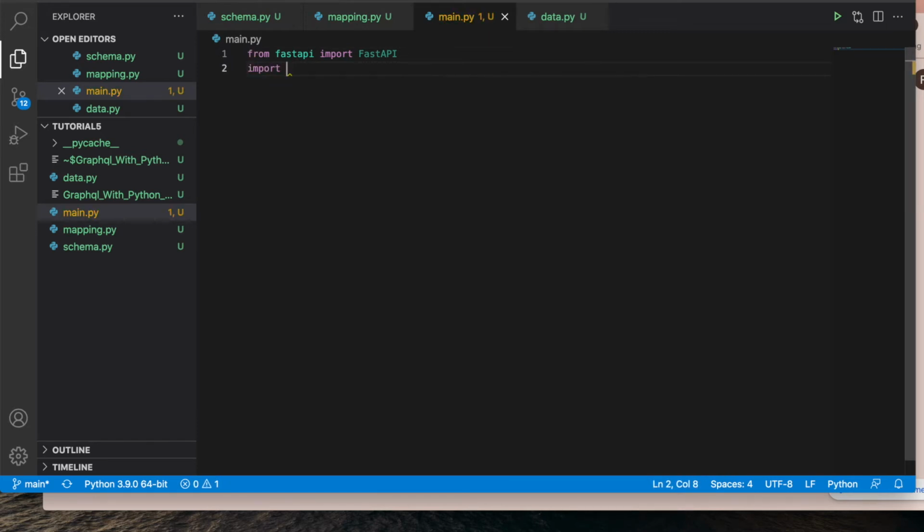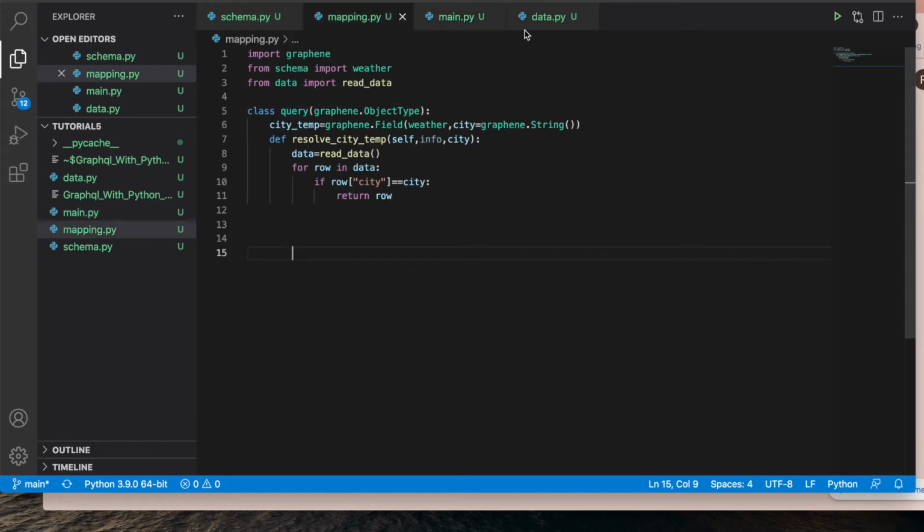Then probably I can write from starlette.graphql import GraphQLApp. And also I need this mapping here, so I need this query from mapping.